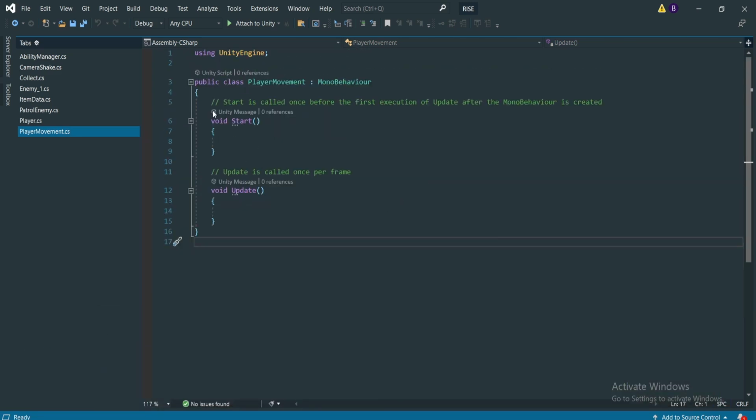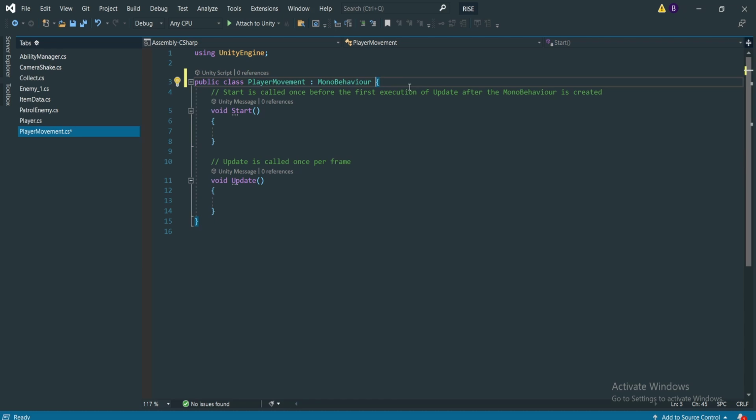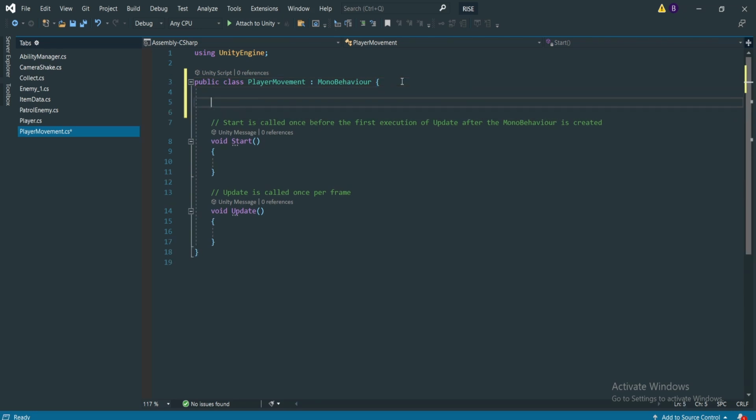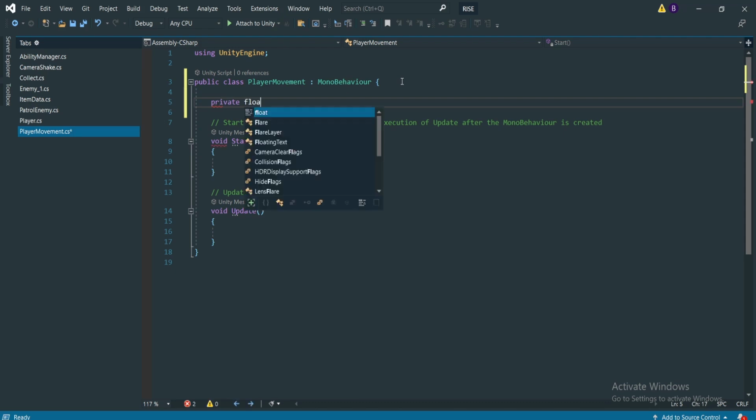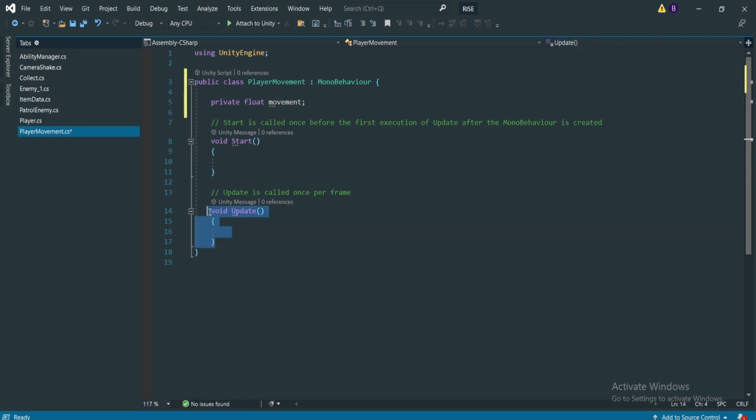First thing, we will go to the top of our class and make a variable called movement. This movement variable is just gonna keep track of which direction we want to move, so we can flip our player game object. So we're gonna make a private float, let's call it movement, and we will go to our update function, which runs every single frame, and set our movement equal to input dot